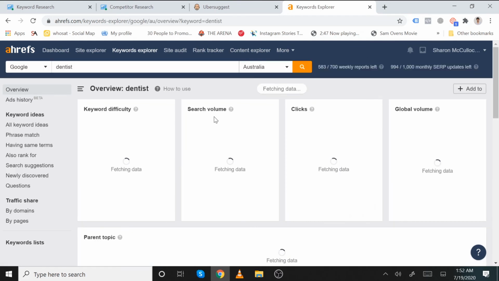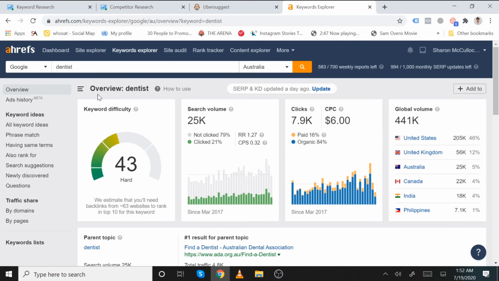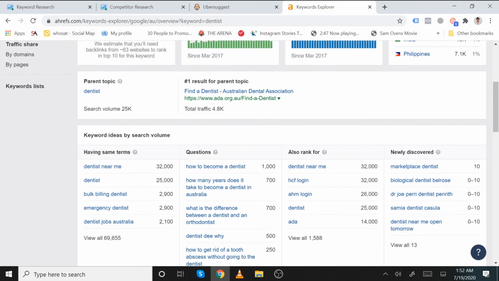It is pretty much the same on all these tools: you can put in either a link of your competitor, or you can start by putting in the topic or niche your business is in, and it will show you some relevant keywords. Make sure that the search volume is higher.